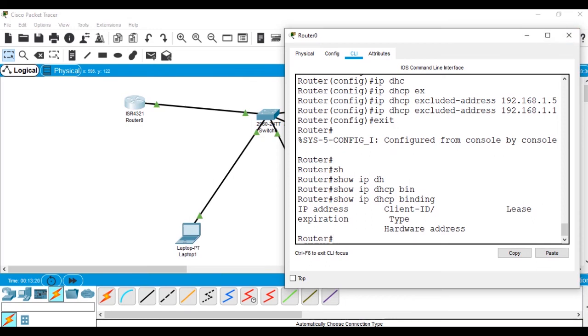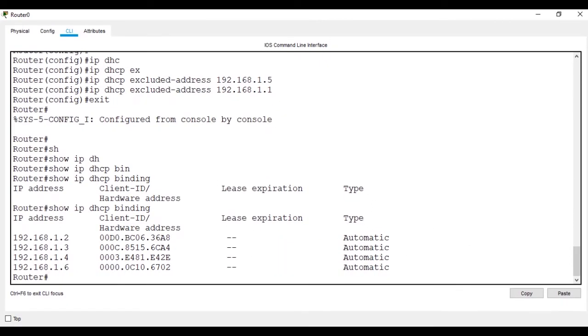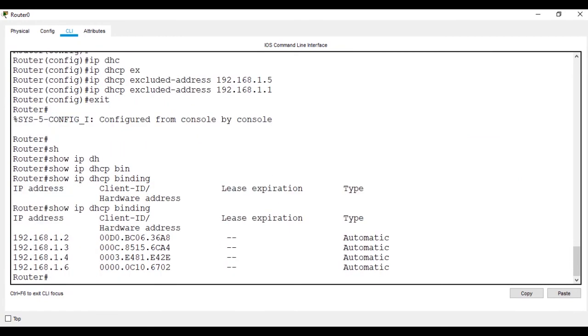So in the router we'll put show ip dhcp binding again. We can see that earlier it had not acquired any IP address, so now it has acquired all the IP addresses. So this is the IP address, and according to that this is the MAC address. So these are the IP addresses 1, 2, 3, 4. Four systems have taken the IP address from DHCP services, and the MAC addresses of those systems are also registered over here. So this is the configuration, how we configure the DHCP in the router.